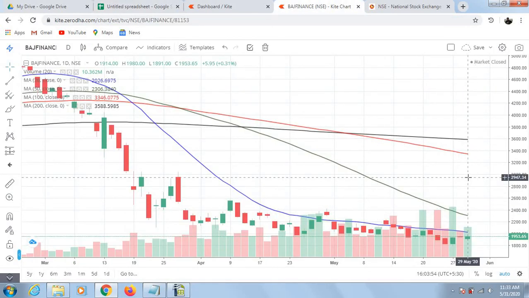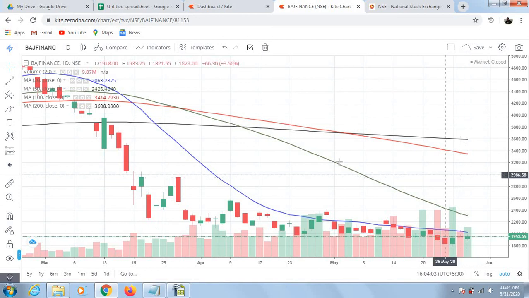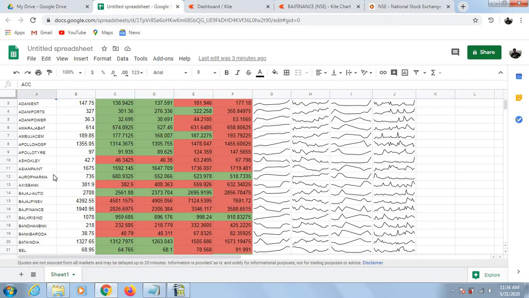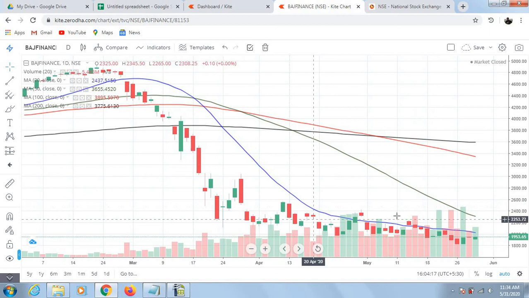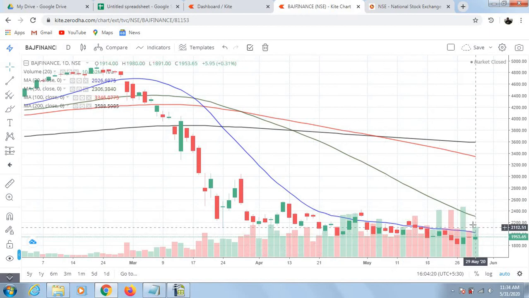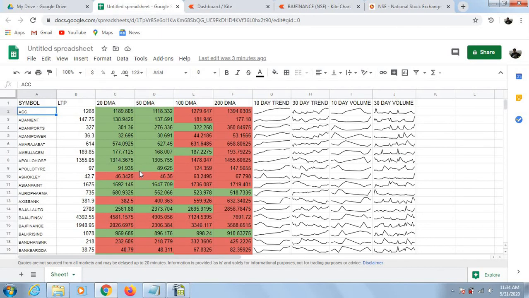If you click over the cursor here, it's 2026, 2306 and 3346, so which is correct. So in this way, you can see the trend of the chart also for the last 10 days. It's kind of sideways, which is seen in this chart as well. Okay, so with this you can also create your own screener.